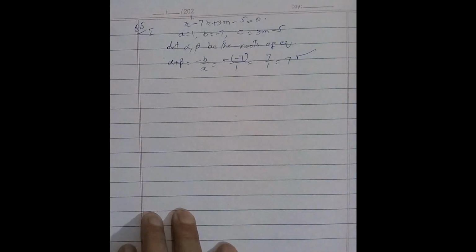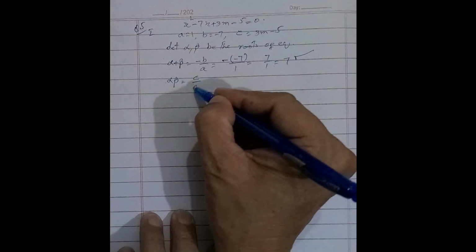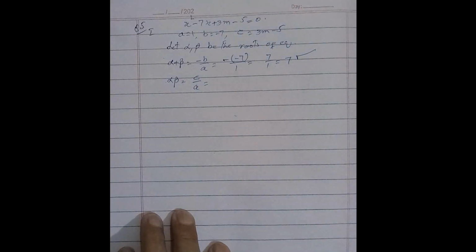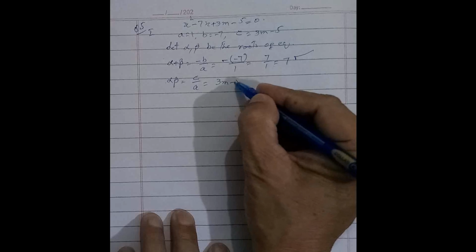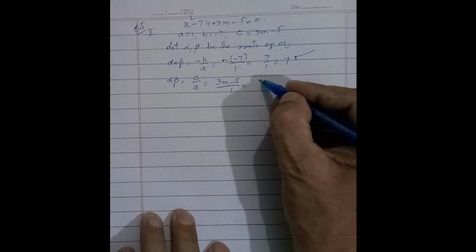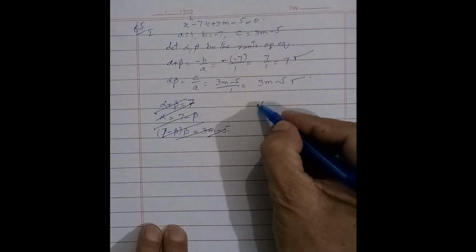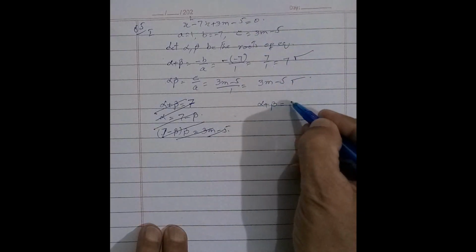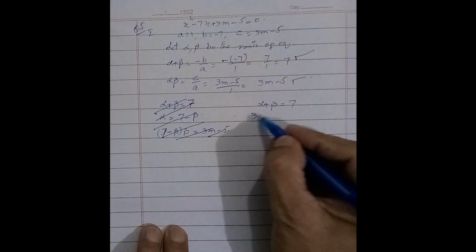The sum of the roots is 7 and the product of the roots is c over a, and we put the values of c and a, we get 3m minus 5 over 1, which is equal to 3m minus 5, in which we get alpha plus beta is equal to 7,